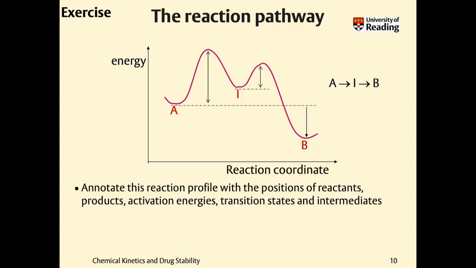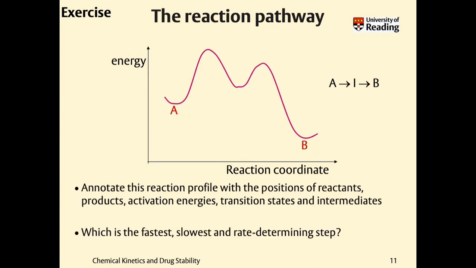So the transition states are the highest energy points for the two reaction steps. Okay, and the activation energy is the amount of energy needed to get to that transition state. So let's put these in. So we've got our reactants, we can put our activation energies in, and we've got the intermediate state there as well. So you've got your transition state going towards your intermediate, so transition state 1, and that's an activation energy which is EA1 to get to that